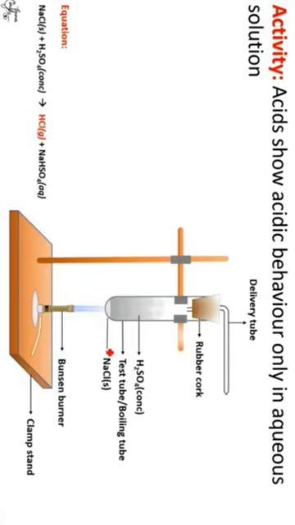For this activity you take one test tube, as you can see in the diagram. In the test tube you have taken sodium chloride, and you fix one rubber cork with a delivery tube, and there you keep one burner. Let us study this activity. So the sodium chloride salt is taken in the test tube.